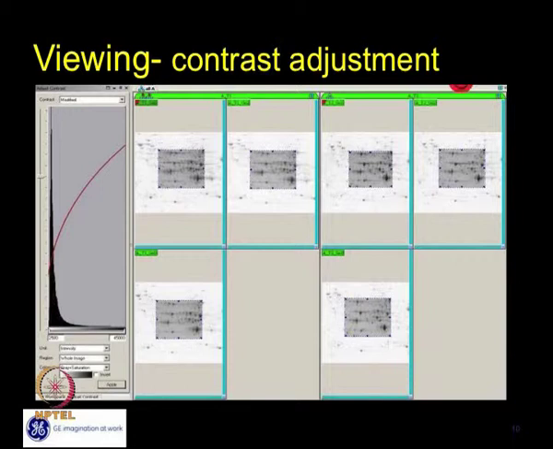After making whatever level of changes you want for visualization, once you think this is a perfect view, you can press Apply. You just click on the Apply button, and the same parameters will be given to all gels. So if you have a match set of, let's say, 20 gels, and you adjust it for one, it can be applied to all gels. The same parameters can be applied to all 20 gels.